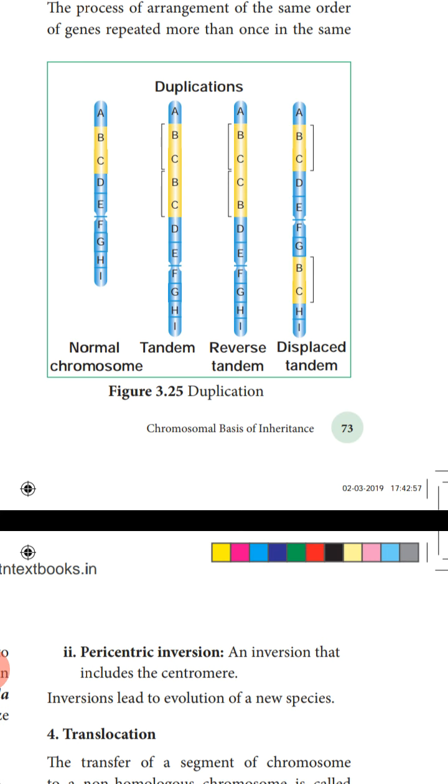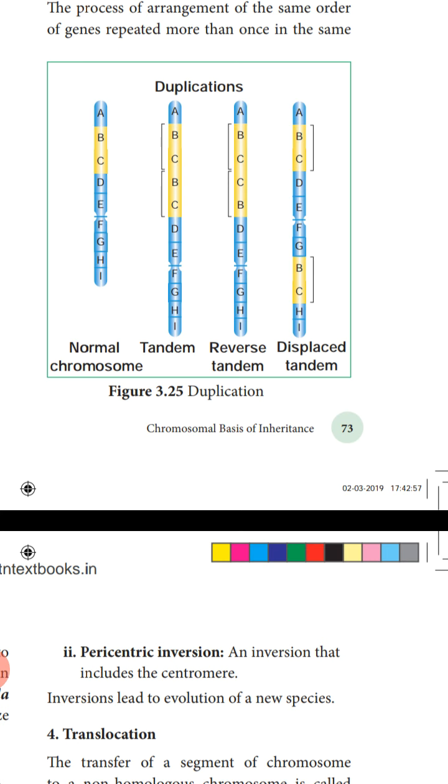It is getting repeated, and the repeated segment is present immediately in the same order. So A, B, C, B, C, D, E. This is the sequence. Okay, here the segment of the chromosome is getting repeated and it is arranged in the same order, so this is called tandem duplication.